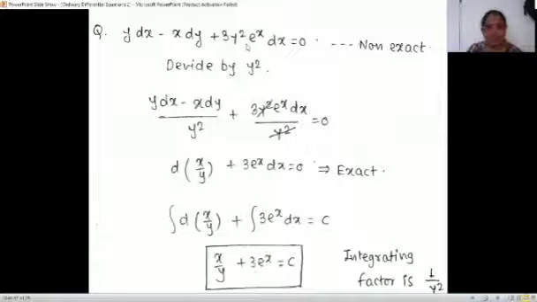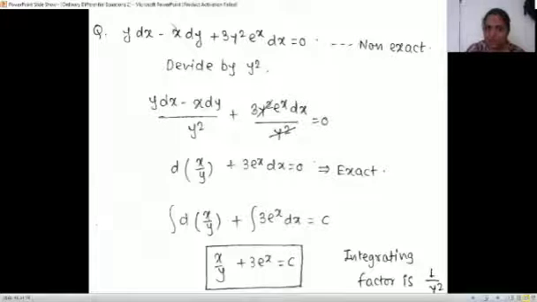y plus 3y square e raised to x. So this is your m, and n is minus x. And if we find dou m by dou y and dou n by dou x, both are not the same. So you can say this given equation is not exact, right? So for solving, what we have to do is